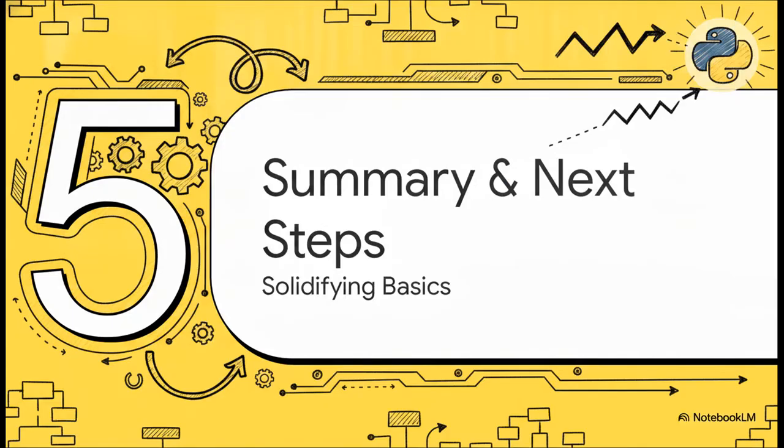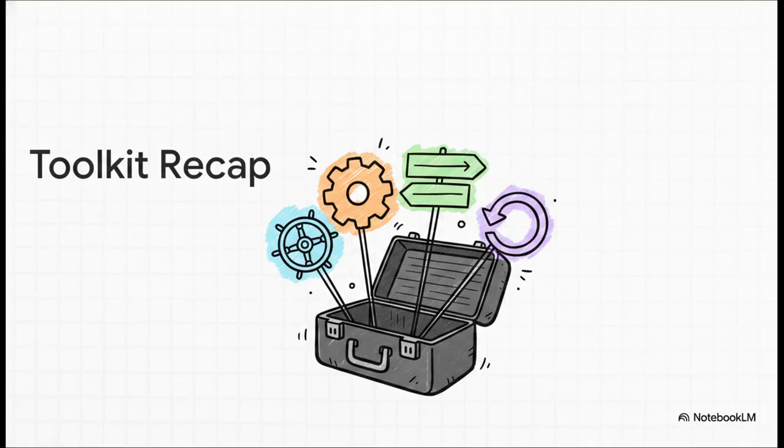Which brings us to our final section, Section 5, Summary and Next Steps. We have covered a lot of ground today, transitioning from basic logic to powerful automation. To quickly recap your vital new toolkit, you now know how to control the flow of your applications with if, else, and elif logic. You know how to dramatically reduce your workload and repeat tasks using for and while loops. And you know how to safely direct that loop behavior using break, continue, and pass. The crucial takeaway here is that these aren't just arbitrary syntax rules. These concepts form the absolute foundation for solving complex programming problems efficiently.